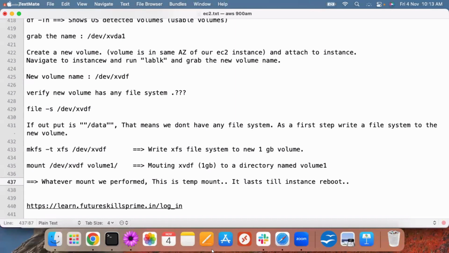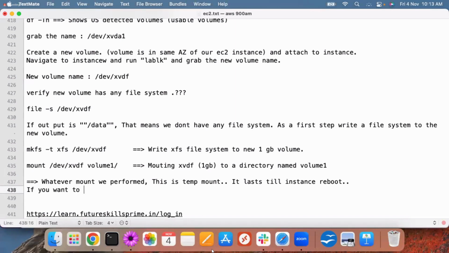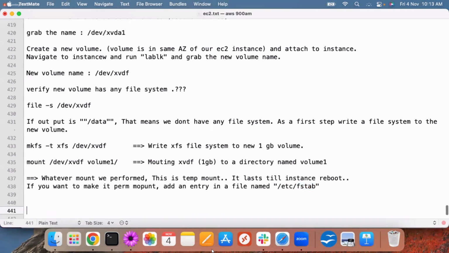If you want to make it a permanent mount, add an entry in a file named /etc/fstab. There is a file called fstab under the location called etc. So you need to add an entry. What entry do we need to add? Again, that entry is a very big line. So what we can do is grab the entry information from a file called